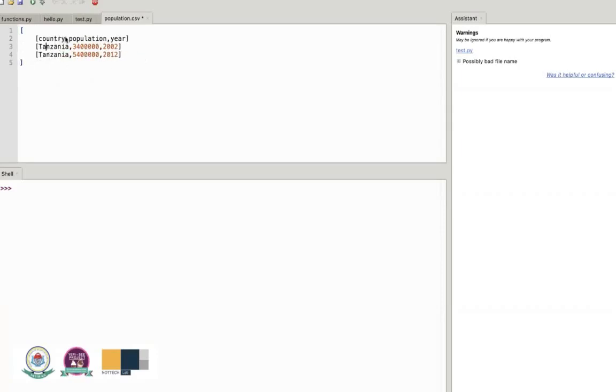So we have the first row, which is country, population, which you can think of as our table headers. Then we have Tanzania, which is the second row. Then another Tanzania, that's the third row, and so on. And of course, you can have a million of these in there. But in a very simple way, that is how you can create